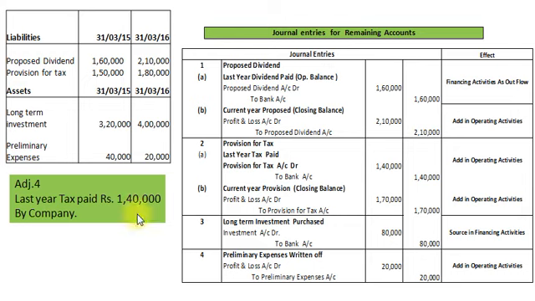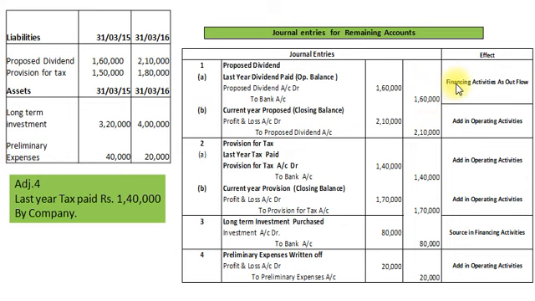Now we will pass journal entries for remaining assets and liabilities having no adjustments. First of all, proposed dividend: 31st March 2015, 1,60,000, and 31st March 2016, 2,10,000. So last year's proposed dividend will be paid and current year's proposed dividend will be provided. Our accounting entry for last year's dividend will be: proposed dividend account debit to bank account rupees 1,60,000,